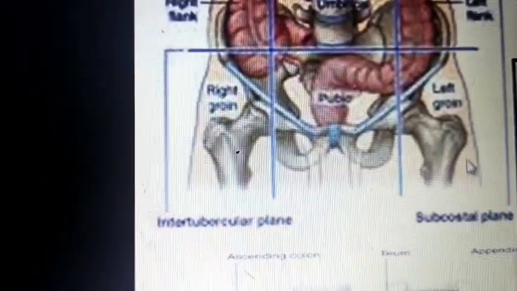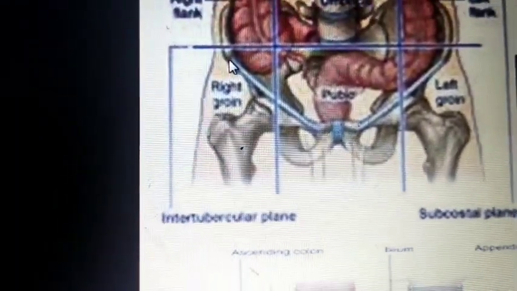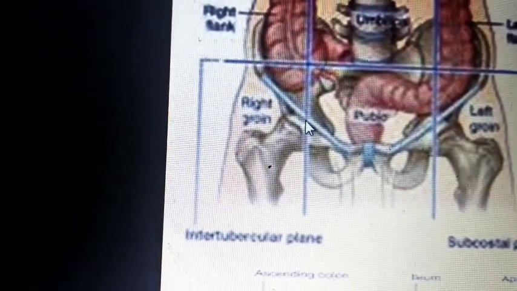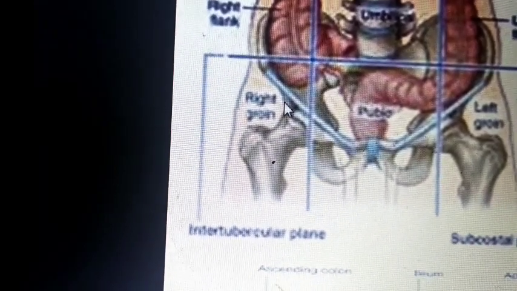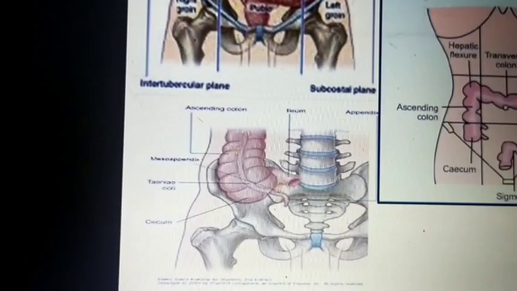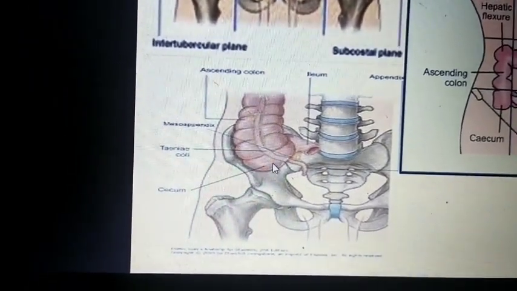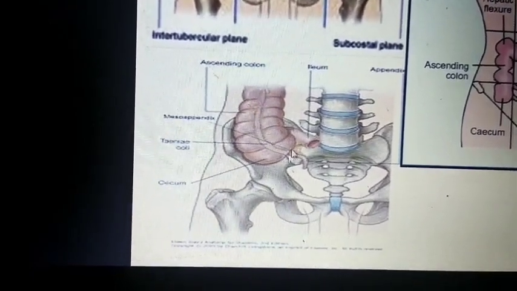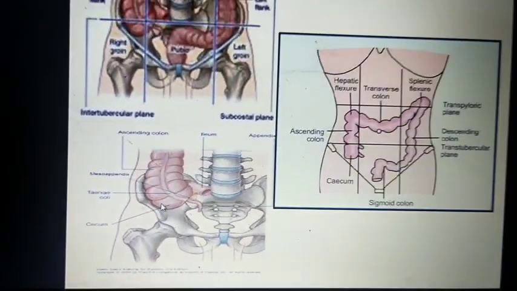In this picture also, this is the inguinal ligament, this is the pubic tubercle, this is the anterior superior iliac spine, and this is the midpoint of the inguinal ligament, with the medial end and the lateral end, the lateral half of the inguinal ligament. Just above that you can see the cecum. In this you can also see the cecum on the posterior side, just above the psoas major muscle and iliacus muscle. Can go for the next slide.